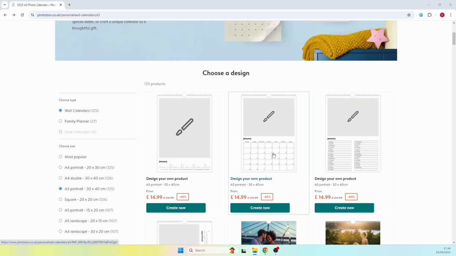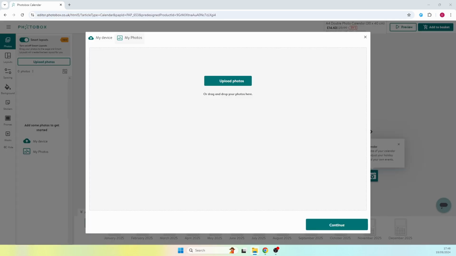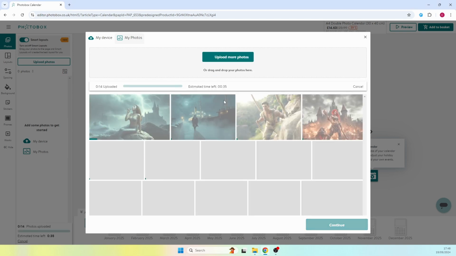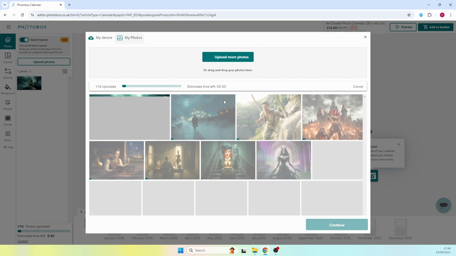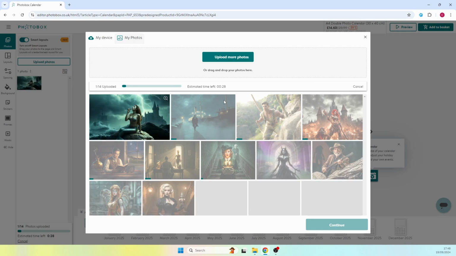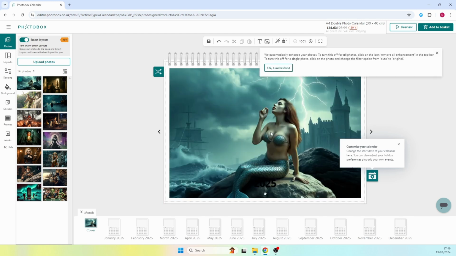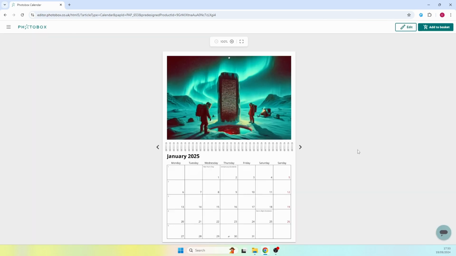It's just a case of selecting the images I want to use and uploading them to a folder. Call this folder something obvious so you can find it when you come to create your project. Then just upload the files. I like Photobox because I can just drop the images I've uploaded onto the pages without anything else needed. I can add a date to the calendar, see what everything looks like in the right order, then it's a